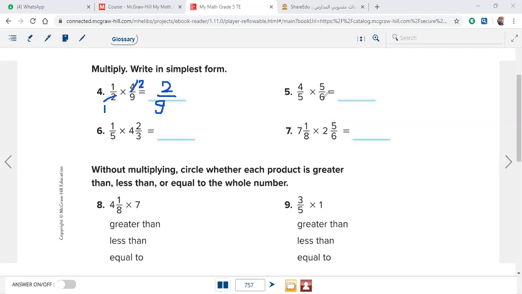Yes. Okay, I can simplify directly 5 and 5, by dividing each one of them by itself. 5 divided by 5 equals 1, and 5 divided by 5 equals 1. So if I have the same number in numerator and denominator, I can cancel them by simplifying them by itself. Then the answer will be 1 and 1. Okay, and then I have to multiply, but be careful, we still have another common factor between numerators and denominators, which is, yes, 4 and